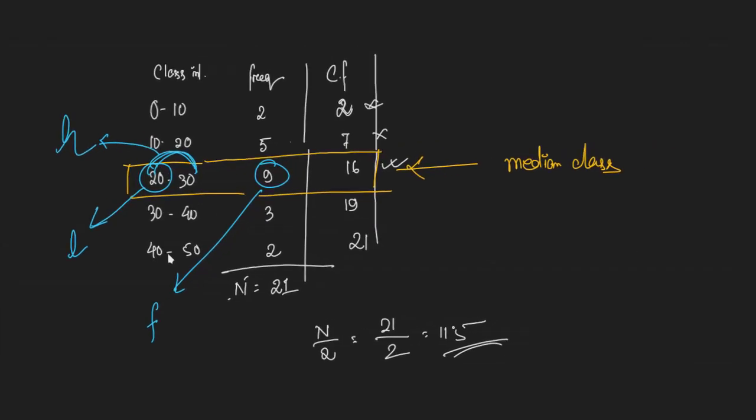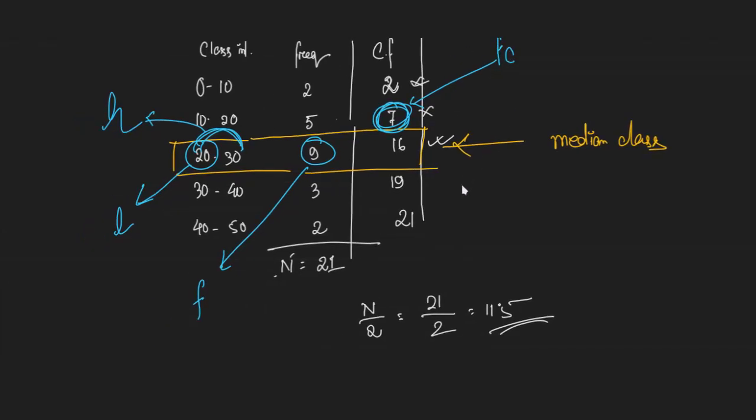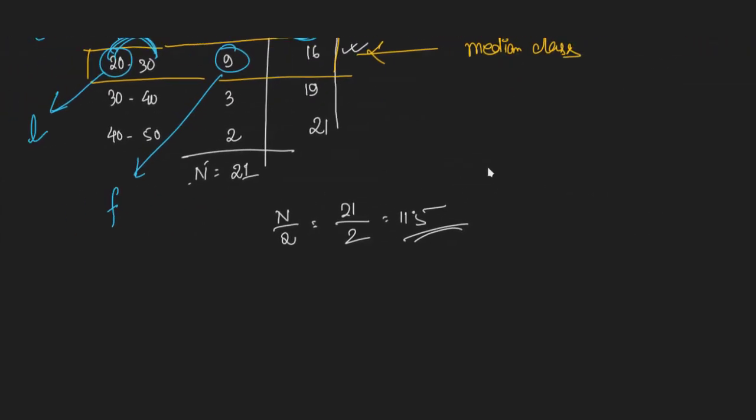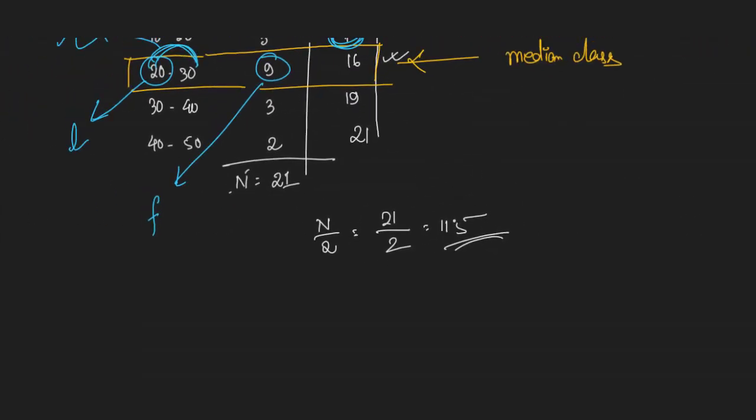And the cumulative frequency above that class, that is your cf or fc. So we marked what the median class is. So n by 2, write this. In the solution, here n by 2 is 15, therefore the median